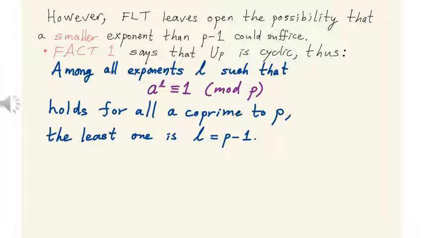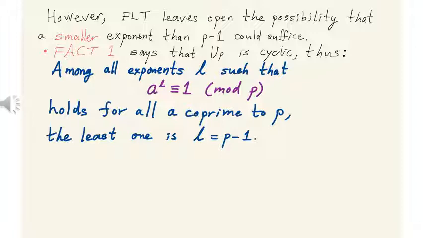However, another way of restating fact 1 is the statement that of all the exponents L with the property that a to the L is congruent to 1 mod p for a coprime to p, the least positive one is actually p minus 1,